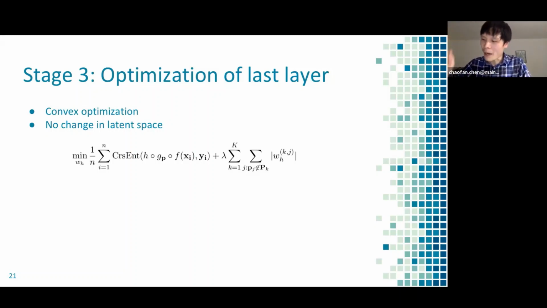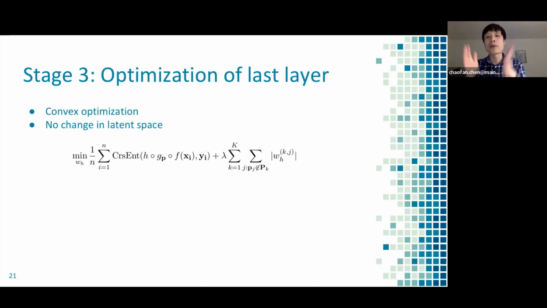And there's a special L1 regularization term in the loss function, as you might notice. This L1 regularization term basically penalizes the connections in the last layer between a prototype and the classes that are not of its own class. Remember that was set to negative 0.5 at the beginning in stage 1. Now we try to impose an L1 regularization on all those connections to make them 0. The rationale for doing this is that we do not want a prototype of class K prime to contribute to the score of class K.